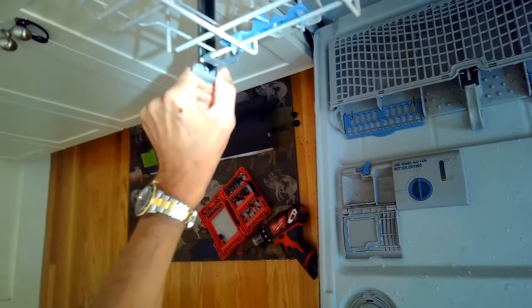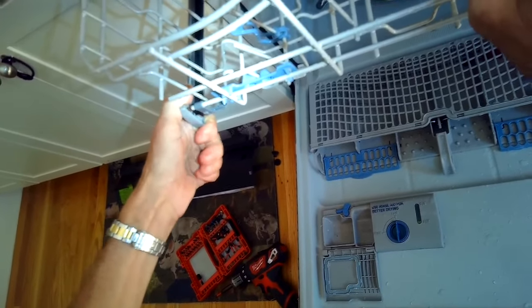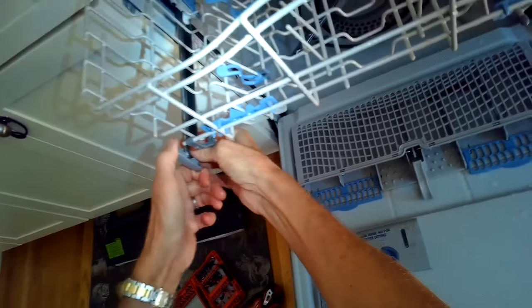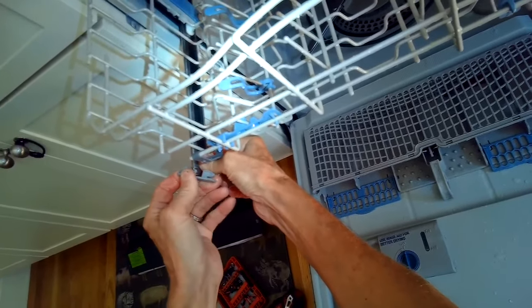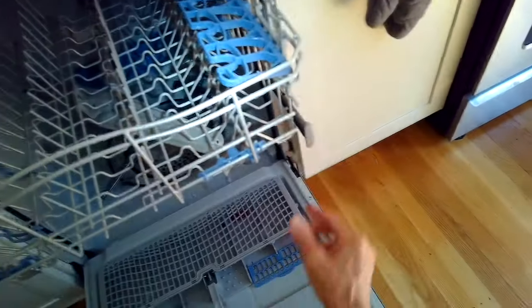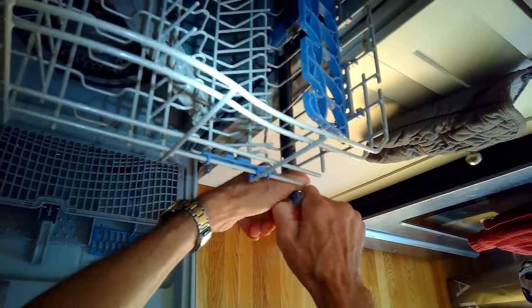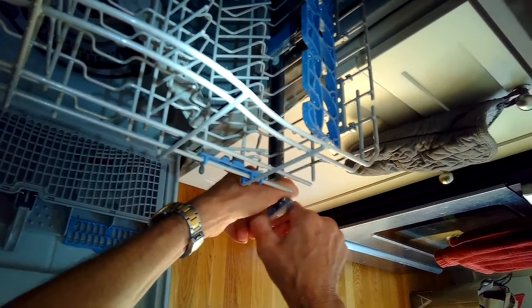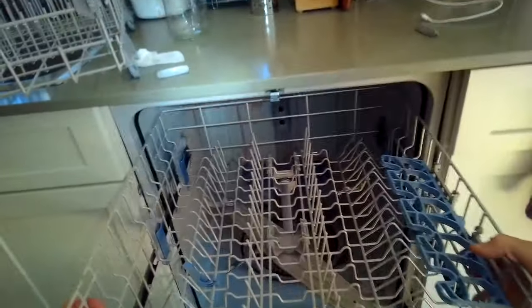So we want to unplug it. We're going to pull out the upper rack. We're going to lift out these plastic clips at the end. So we're going to push up, take the bottom one out, get the top one out, and we'll do the same on the other side. Lift up on that clip, and then we're going to pull the upper rack out. We already got the lower rack out,